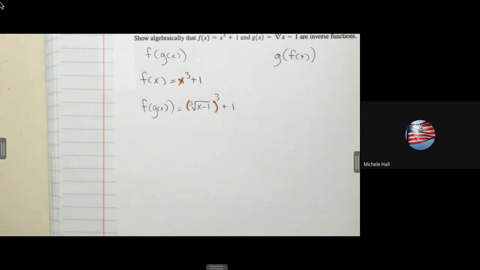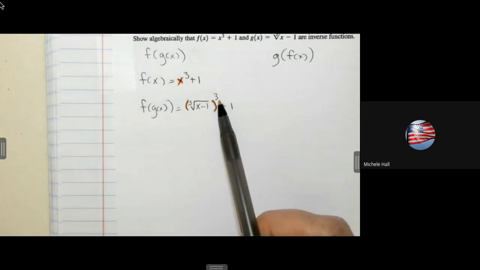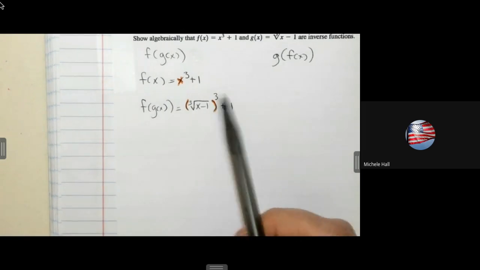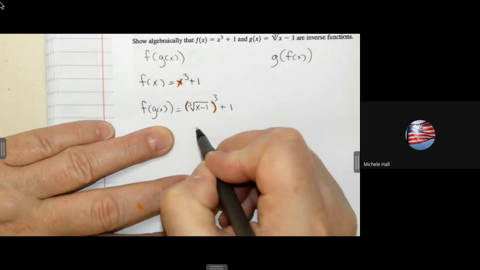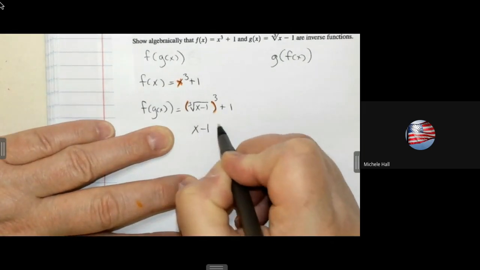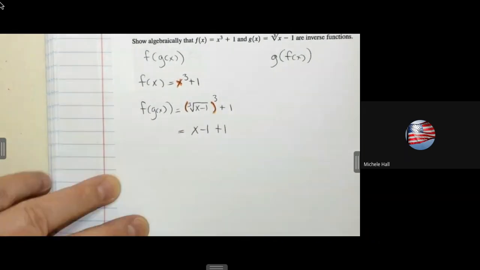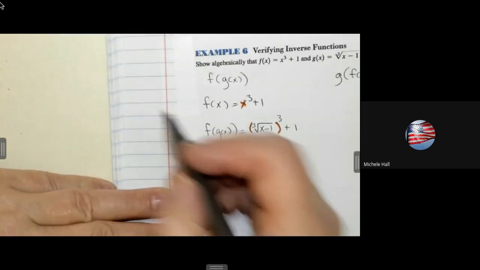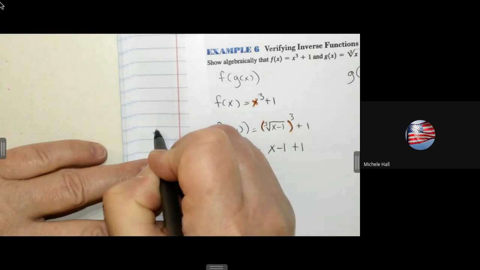Can you see anything in here that simplifies? Exactly. I was hoping you'd recognize a cube root and being raised to the third power, they undo each other. And so we're left with x minus 1 plus 1. And I just want to go over here for a second just to show you that if I have a